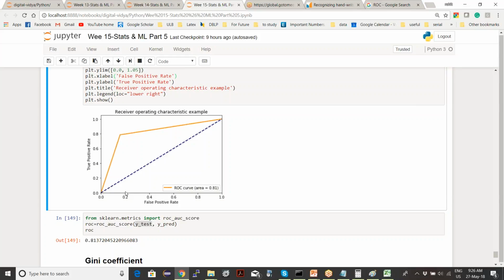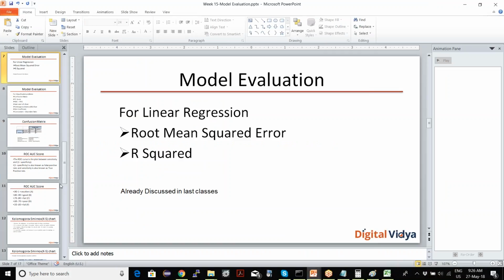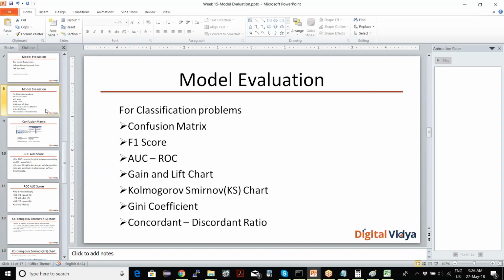If you go into more complex terms, there are the gain and lift chart and the KS chart. These are all very old statistical tools, which were used to evaluate how the samples are related and how they represent your true values.